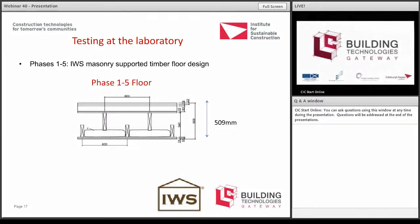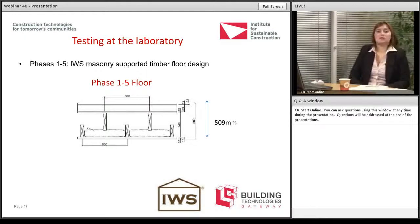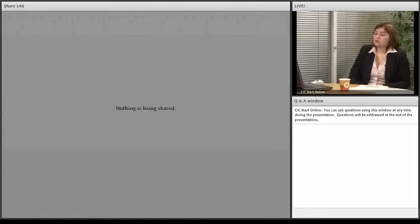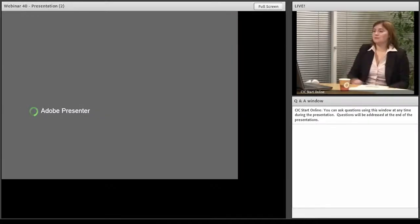So I will show you the results of the test, but I first show a quick graph of what exactly has been tested. So that's the drawing of the floor which we tested under this project. The depth of the floor at phase 5 was 509 millimeters between the top layer of the floor and the bottom layer of the ceiling. It contains some insulation and